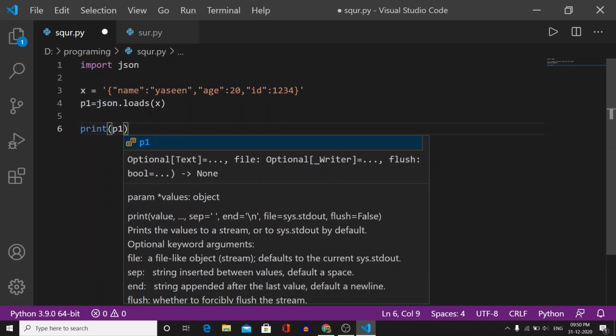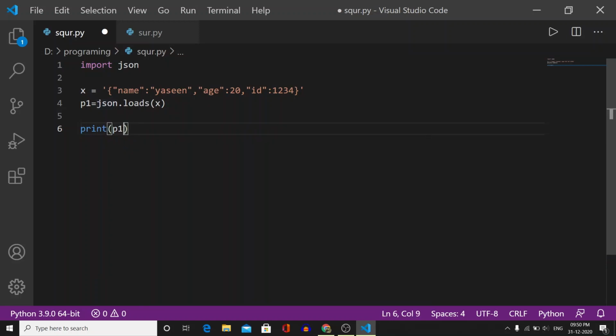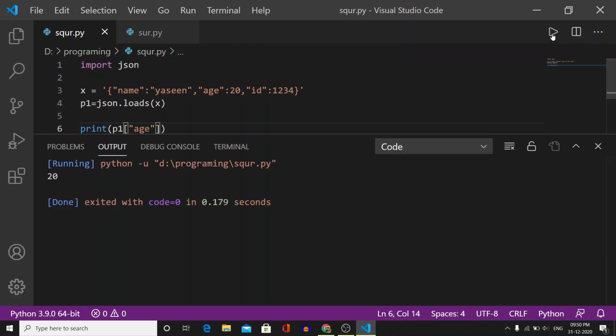So how can we do that? Just type age, press Ctrl+S and run. As you can see, we have got our output.